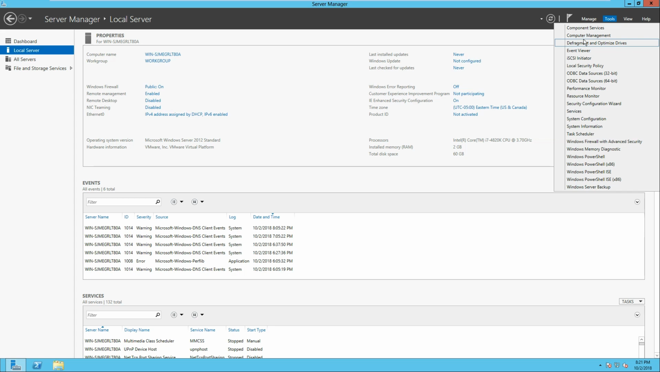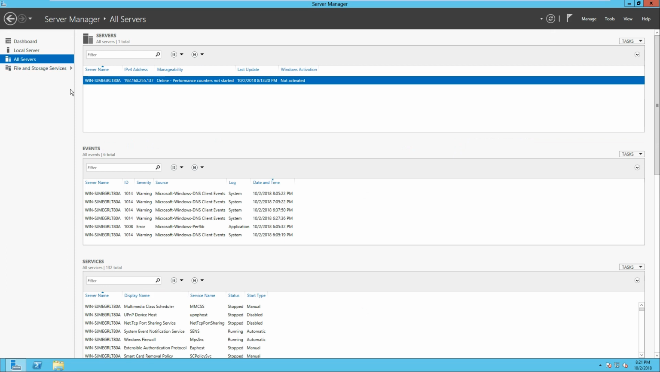So with the server manager, you can really manage multiple servers, right? This is how you get to the tools. If I go to all servers, you will notice that I currently only have one server in my server manager. That is because I didn't add any other server yet, okay? If I had another server where I had administrative privileges, I can actually go in here and manually add those other servers using